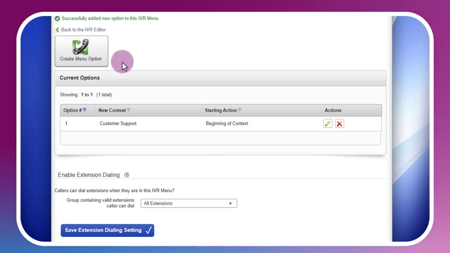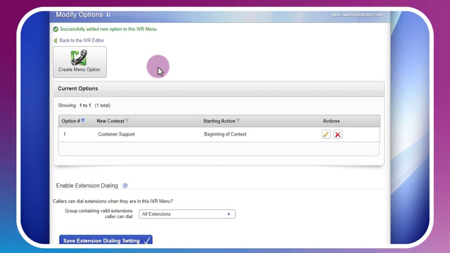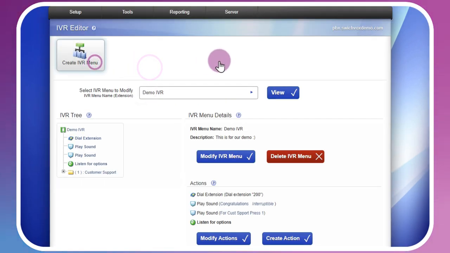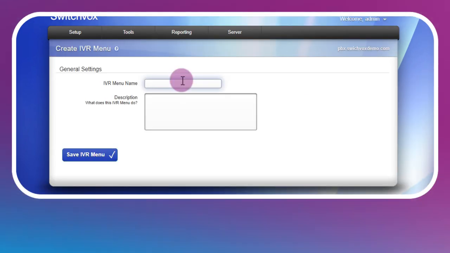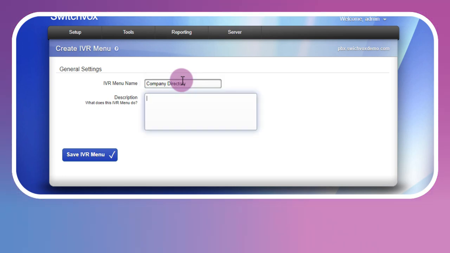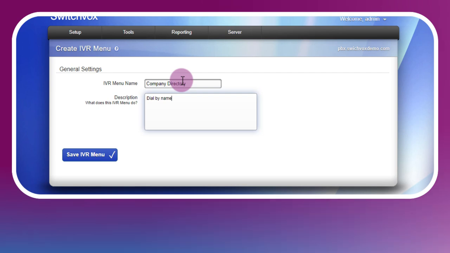Next, I'd like callers to be able to access a dial by name company directory from the IVR so they can directly reach individual extensions. To do this, I'll create a separate dial by name IVR, which can also be used by other IVRs in the future. So let's create a new IVR, this time calling it company directory, and a description that's appropriate.